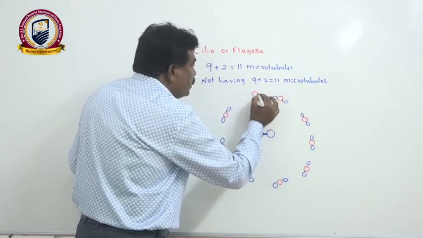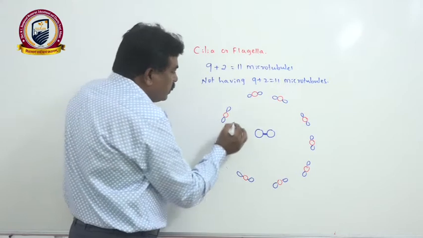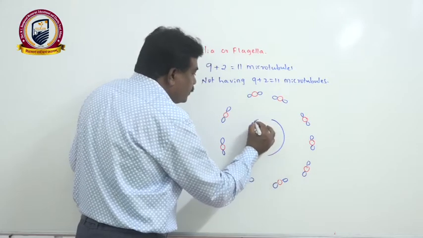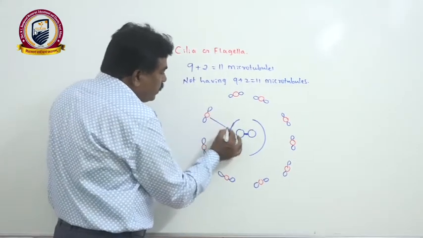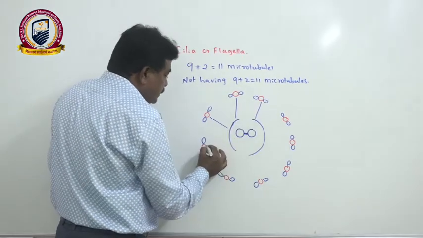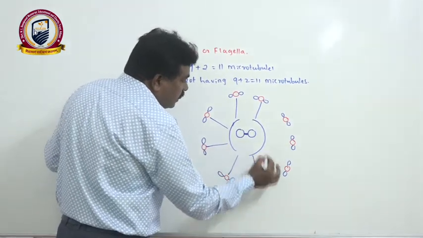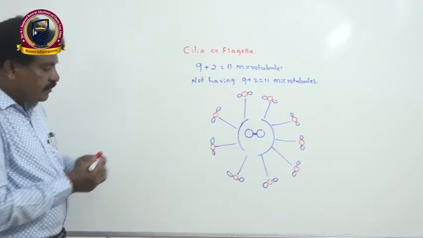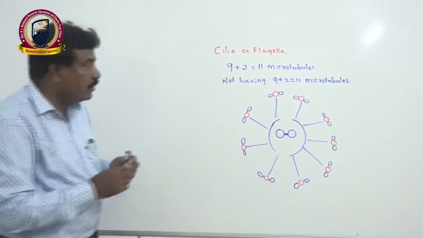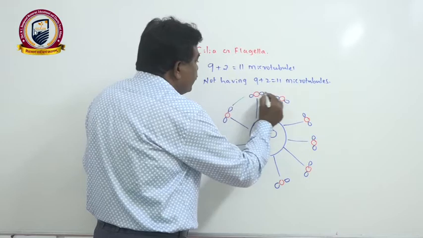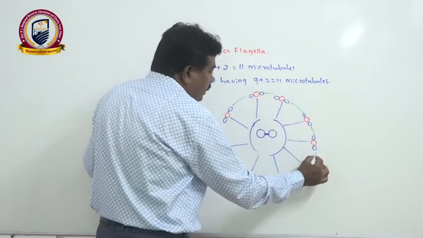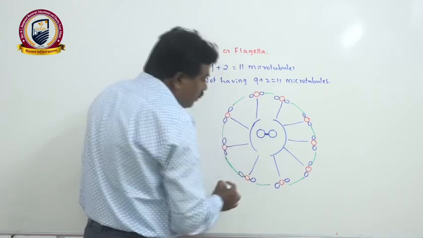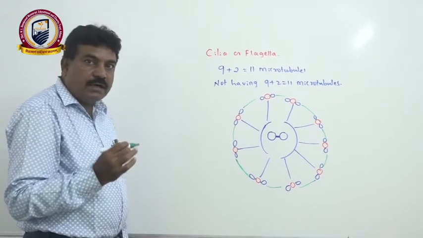And these peripheral microtubules are generally connected with the central sheath, which is present around the central microtubules, in terms of radiating strips. Hence, it looks like the spokes of a wheel. At the same time, the peripheral microtubules are also interconnected with each other and form a cartwheel-like structure, and that filamentous structure itself forms either cilia or flagella.